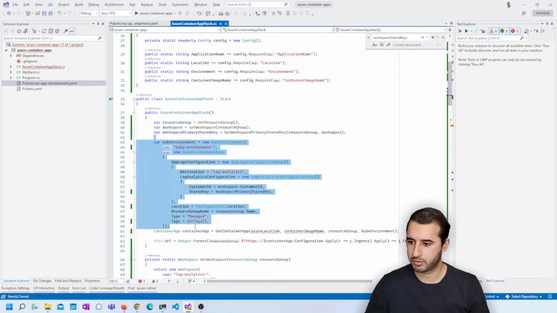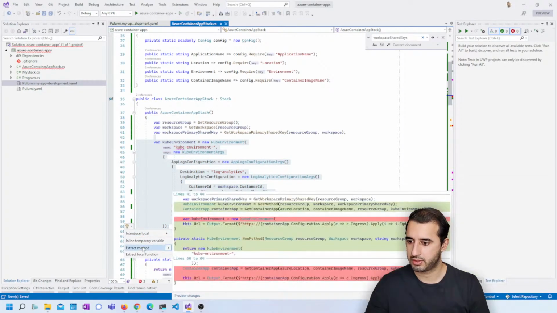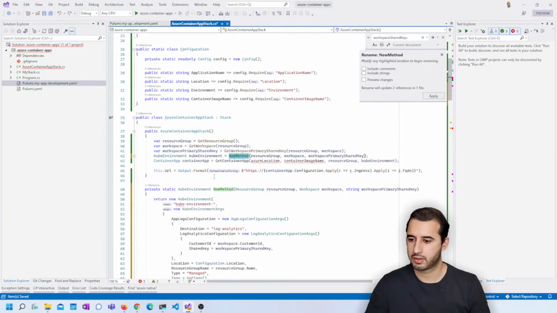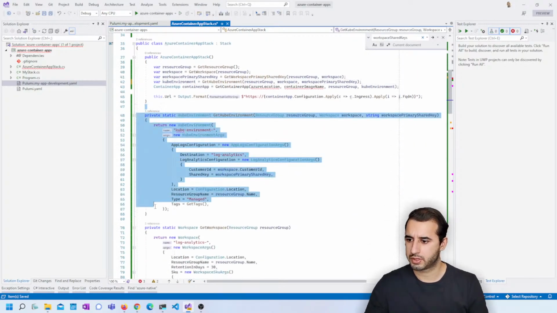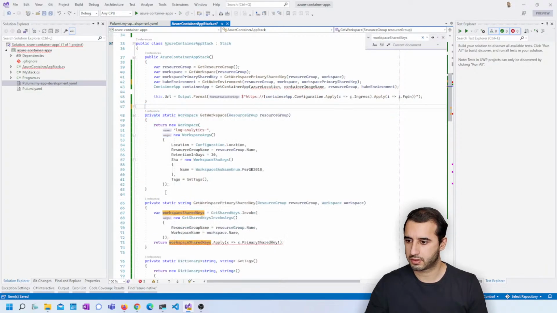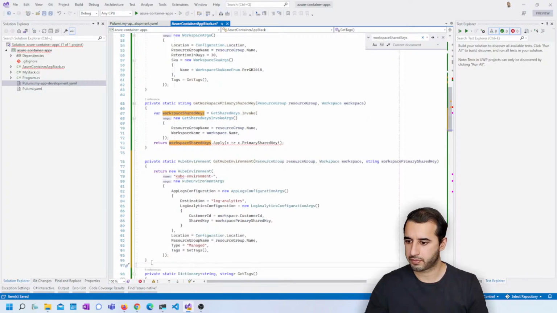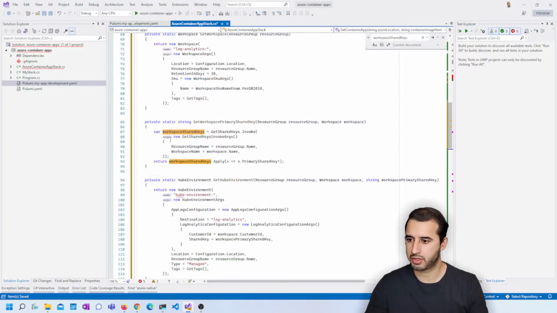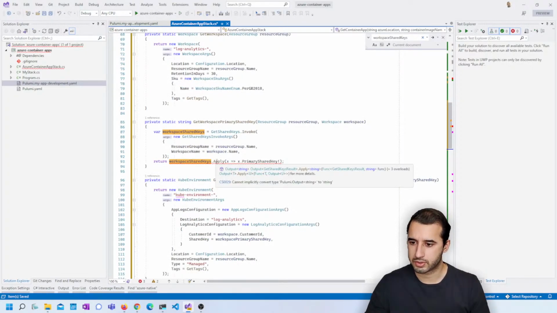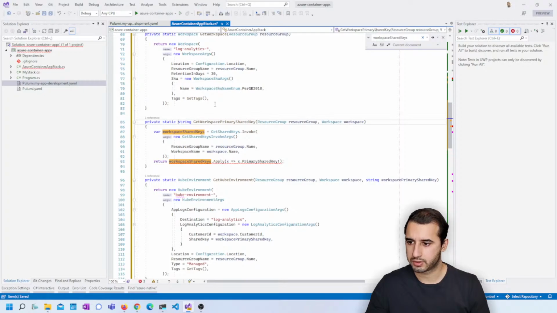Cube environment, we'll split that out as well. Extract method, get cube environment. I'll stick this in order. In fact, move that below the resource group and above there. So output string type,